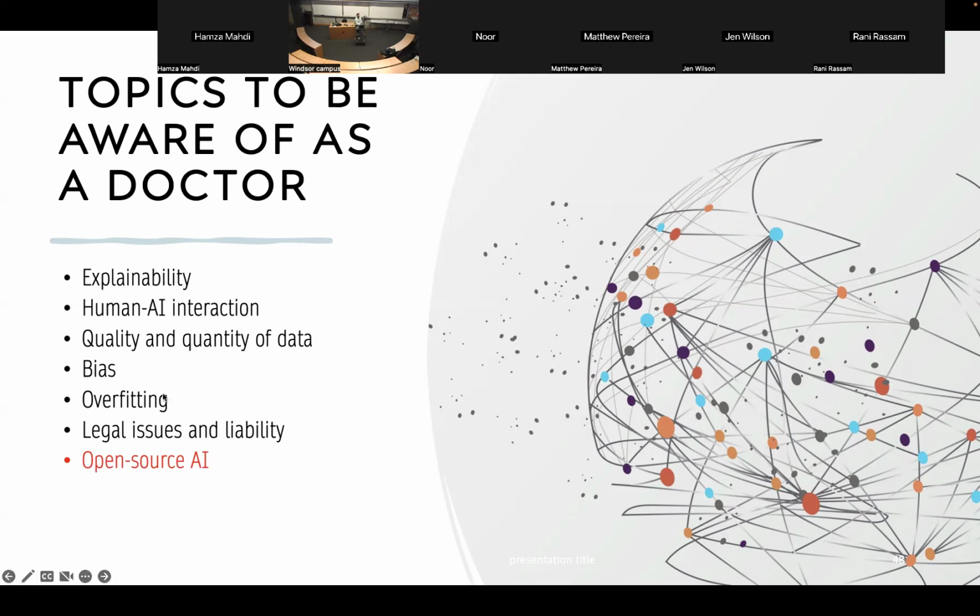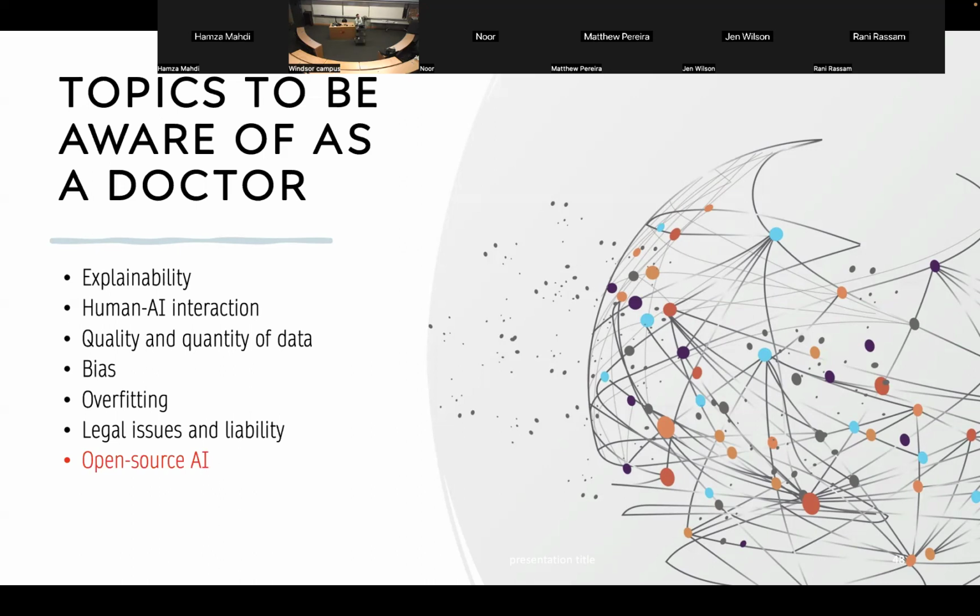No, the word overfitting, we're not gonna go into detail, but it's essentially when your AI only learns how to address a very specific issue. So let's say you train your AI on your hospital's CT scanner. It probably will not work on another hospital's CT scanner just because there are different brightness settings and different radiation settings. So that would be called overfitting.